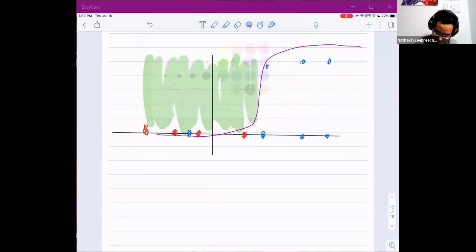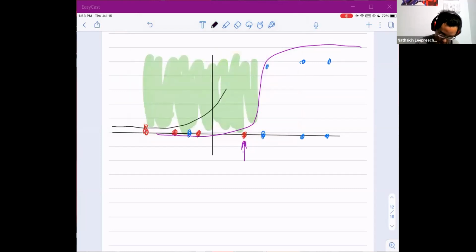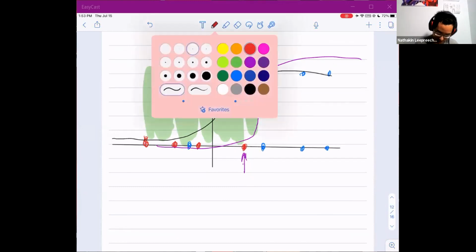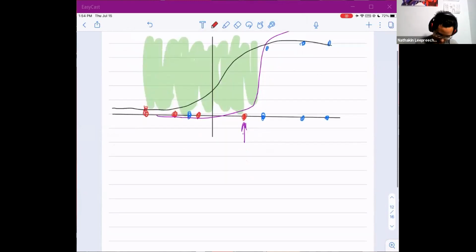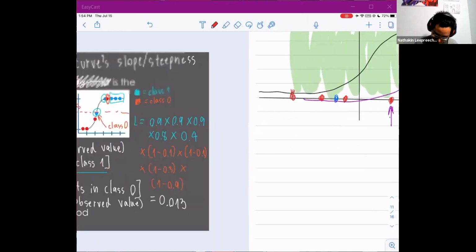But you see this data point as class 0 instead of using the old one, which we have as, let me see if I can get another color. Let's go with the black. Okay, sorry. Instead of this, right? So you see that if you correctly assign this point to maybe the bottom of this line, you're going to get, and again, if you look back to the equation, it says if it is in class 0,